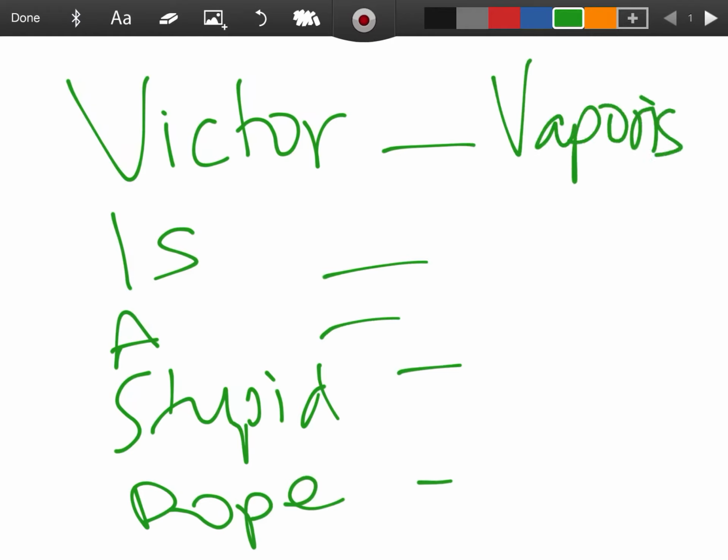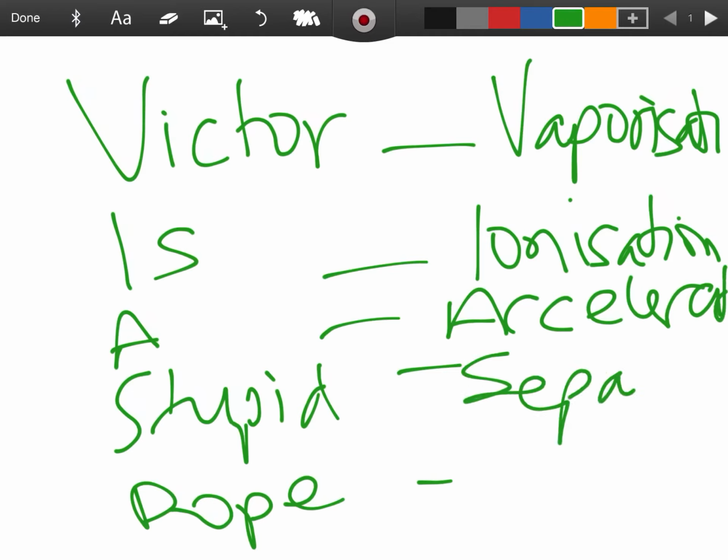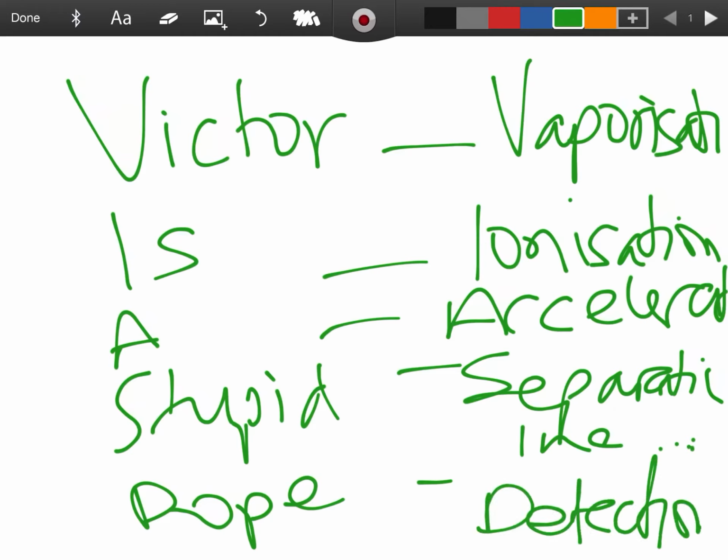So the first one, remember, was vaporization. Ionization means you're turning the atoms into positively charged ions. Acceleration towards the negative plate. Separation occurs in the magnetic field. You must say in a magnetic field there. And then finally, dope for detection. Okay, so that should hopefully help you